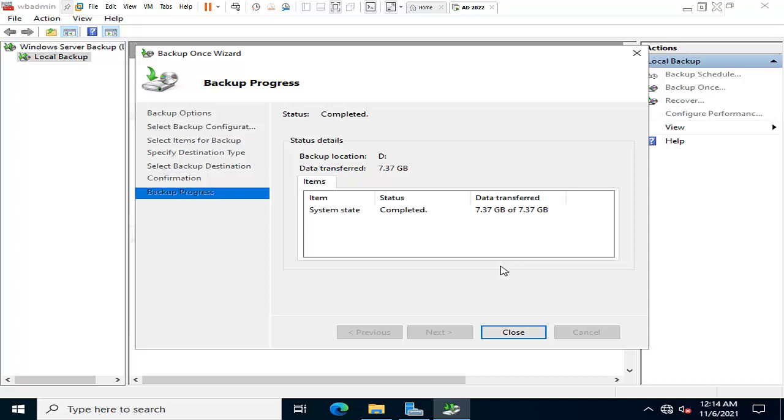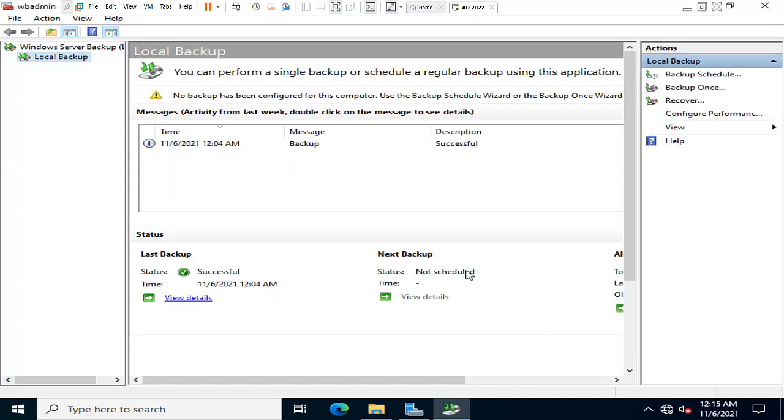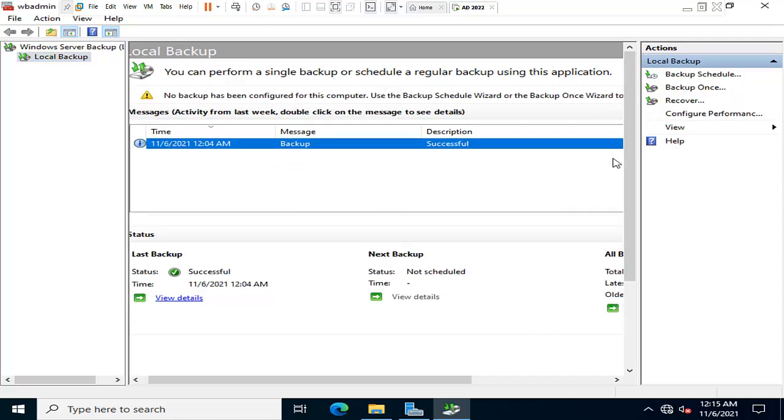Friends, the backup process is completed. Click on close. See friends, we have one backup. I am trying to recover. Click on recovery. Before I start the recovery, I will show you something.